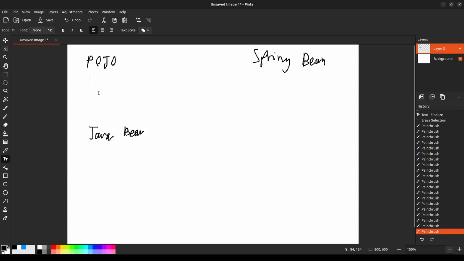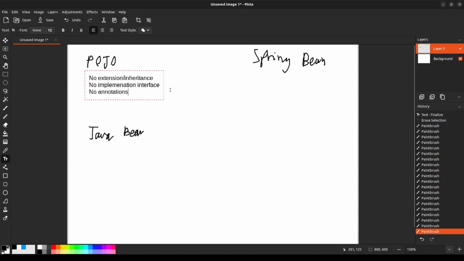So it means that it's just a plain Java object with no extension, meaning inheritance, and no implementation of interface, and no annotations. So no extension, no implementation, no annotation. It doesn't depend on anything else. Just plain old Java object. That is POJO. There's some exception for annotation in Wikipedia, but I won't go into that much detail.